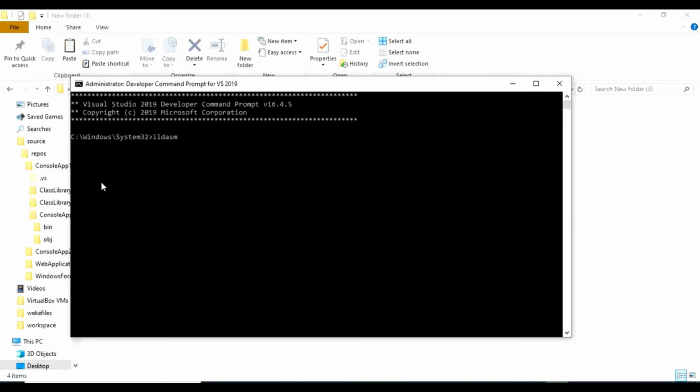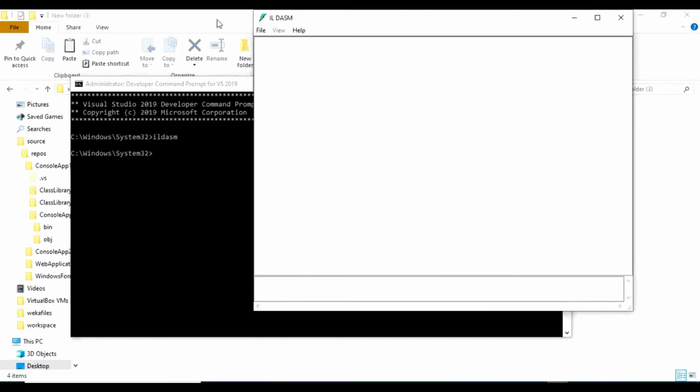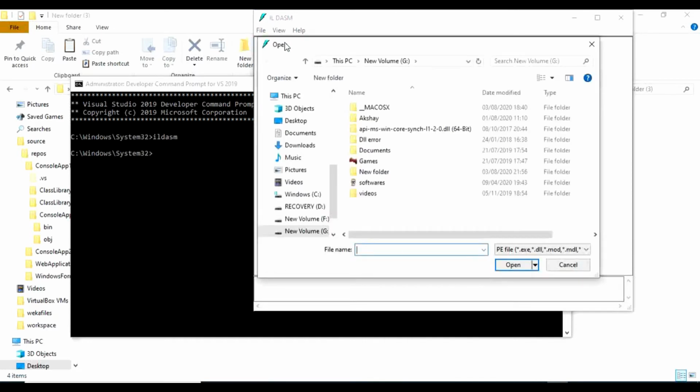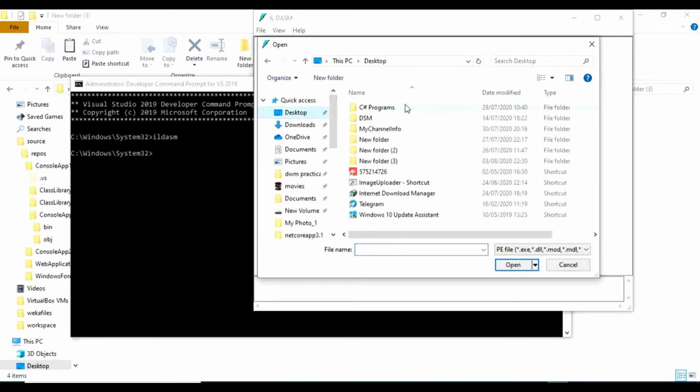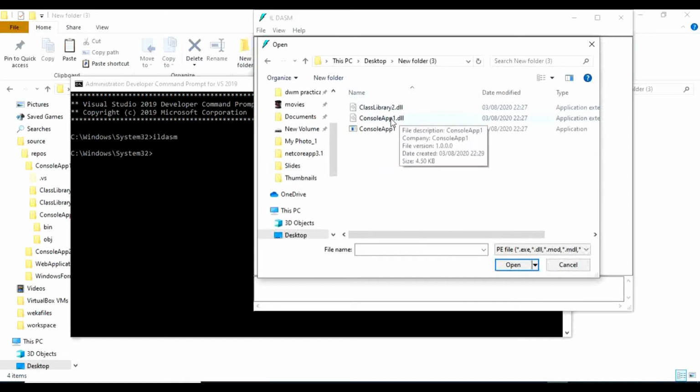I have already shown you how we can see the IL code of an assembly, so check out my previous videos on ILDASM. I will open whichever file I want to see the IL code of. I want to see this assembly, ConsoleApp1.dll.